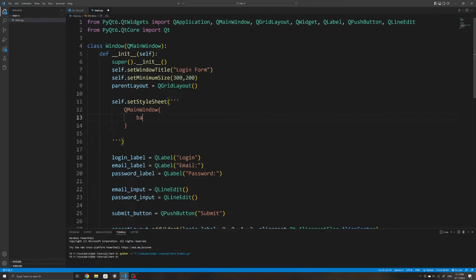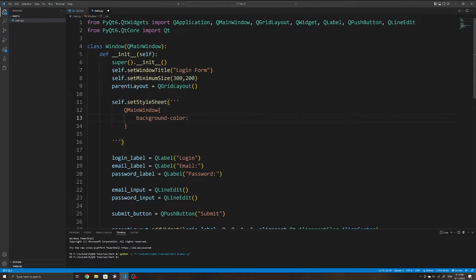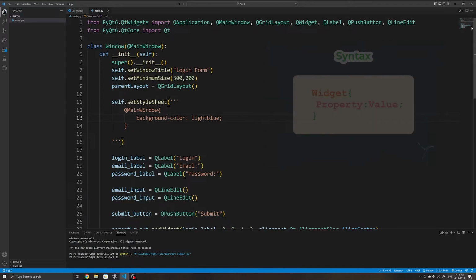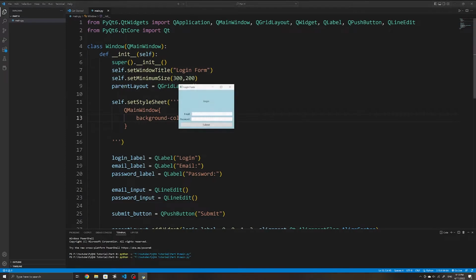And to change the background color, we can use the background-color property. We then need to use a colon to separate it from the value that we want to use. And in this case, I'll give it a value of light blue, which is the background color we will use. And for each property within our style sheet, we need to end it with a semicolon like so. So if we run our application now, we can see that our entire QMainWindow object now has a background color